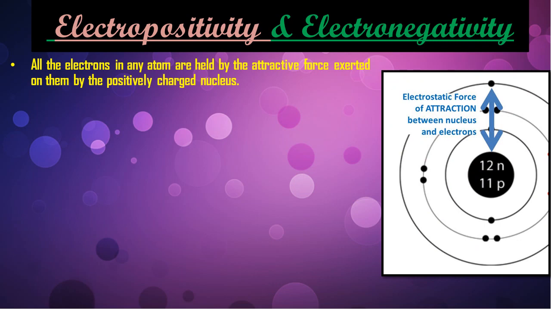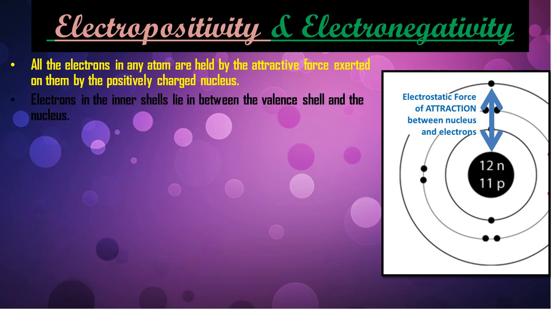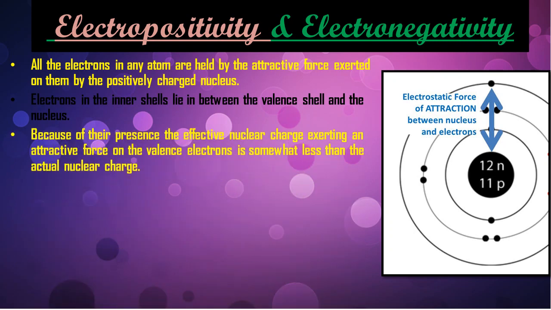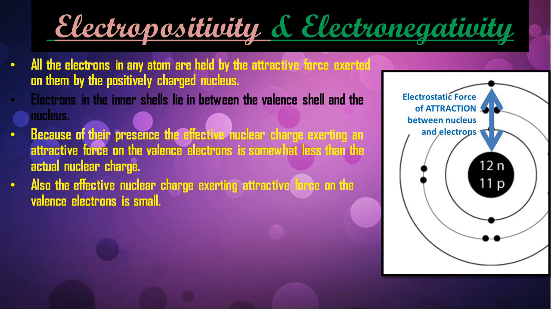Electrons in the inner shell lie between the valence shell and the nucleus, and because of their presence, the effective nuclear charge exerting an attractive force on the valence electron is somewhat less than the actual nuclear charge. The number of valence electrons in the last shell of a metal is small, that is 1, 2, or 3, and the effective nuclear charge exerting attractive force on the valence electron is also small. As a combined effect of these two factors, metals have a tendency to lose